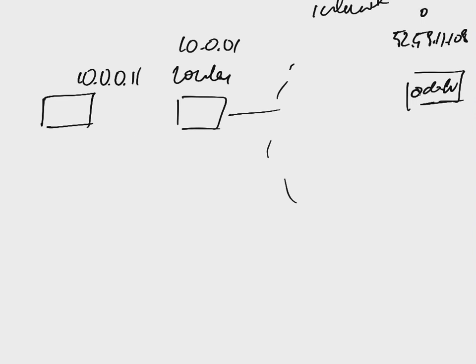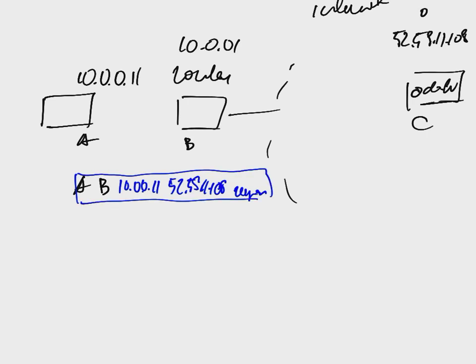So when I send a ping packet to this odo.lv, what actually happens is that my computer creates an Ethernet frame from MAC address A to MAC address B, let's say MAC address C. Ethernet frame from MAC address A to MAC address B, but inside the data it tells something like this: my IP address is 10.0.0.11, the target address is 52.58.11.108, and the data is something like please respond.